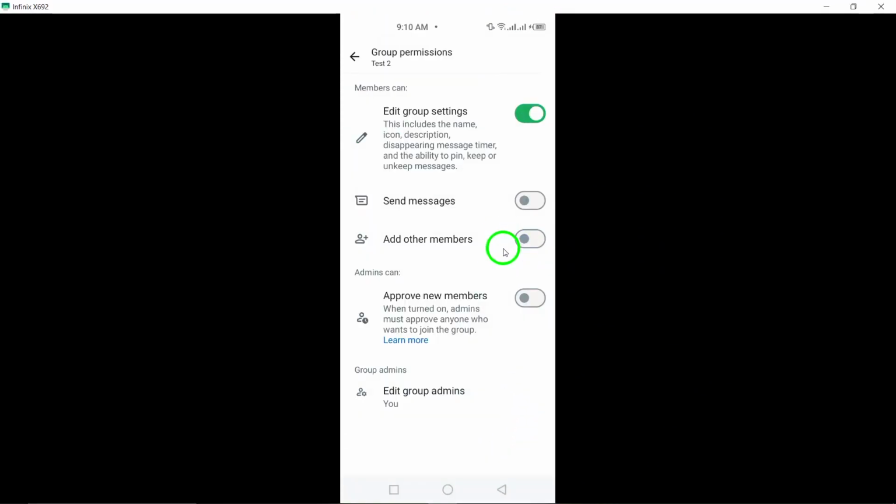By following these steps, you can easily prevent everyone in the WhatsApp group from sending messages, promoting a quiet communication